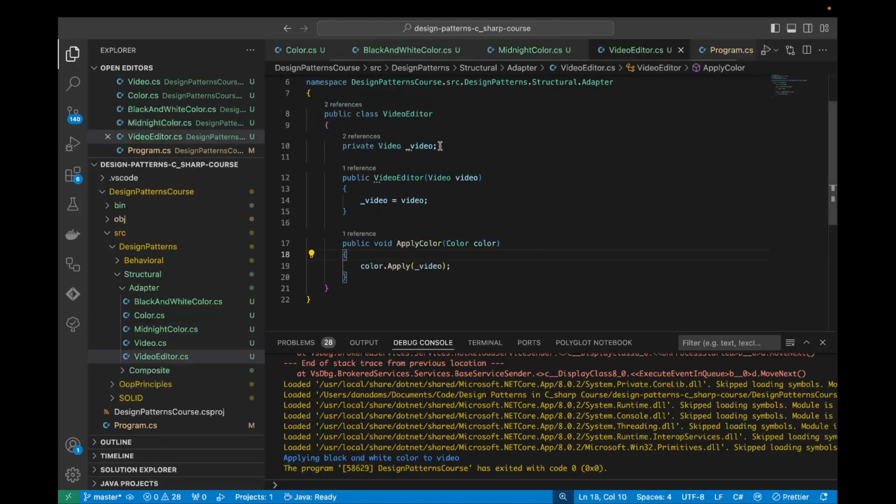We then have our video editor class, which has a field which stores a video to edit. We pass the video via the constructor, and we have a method called apply color where we can pass a color that we want to apply to the video. So that's what we have so far. So let's now create the class